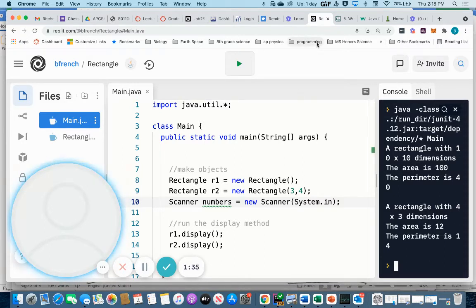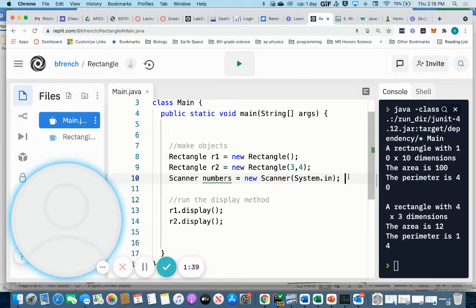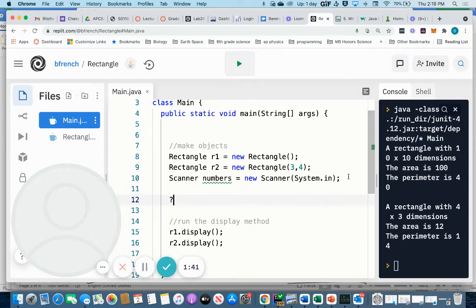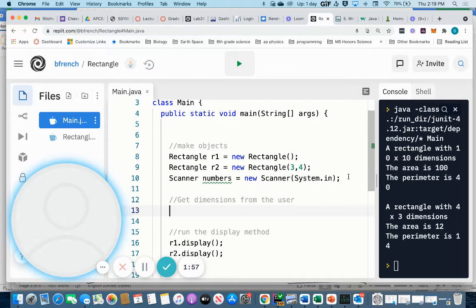So now I want to ask the user. So before I do this, I'm going to put a comment in here: get dimensions from the user. Now I have to declare, if I'm going to create a new variable, I got to declare it. So I'm going to go int x1 is equal to,